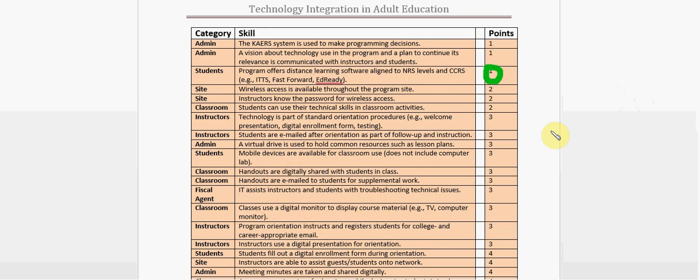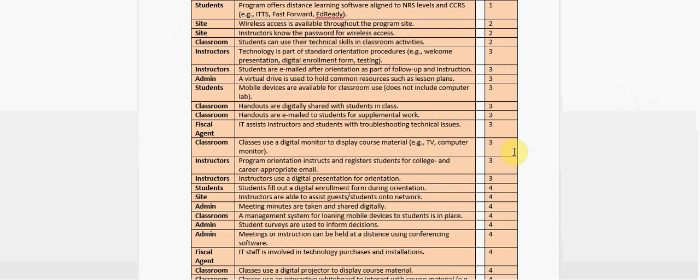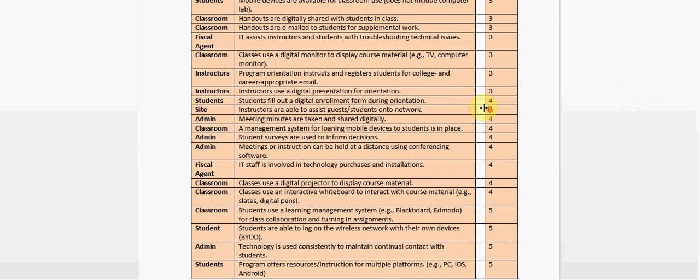Going down the list, the more advanced you get with technology, the more points these are worth. So using digital presentations for orientation, using digital resources in the classroom, having mobile devices for students to use in class, these are all increasing skills that offer more points. Then down towards the bottom, we get to some of the big ideas, like where students are able to log in to the network with their own devices and use them in class, or students use a learning management system